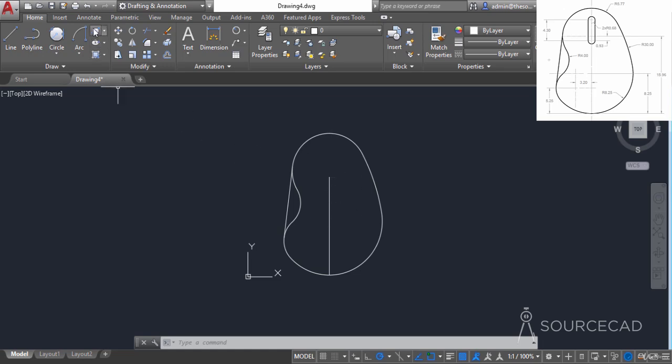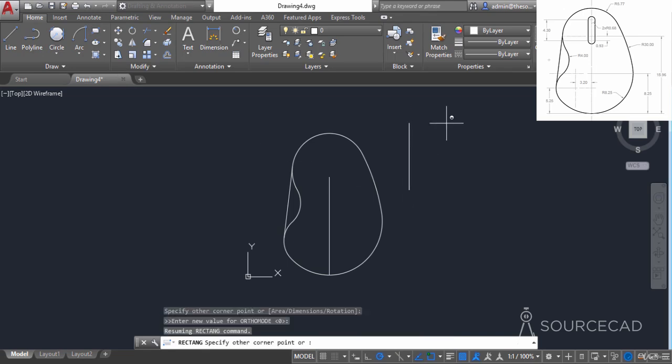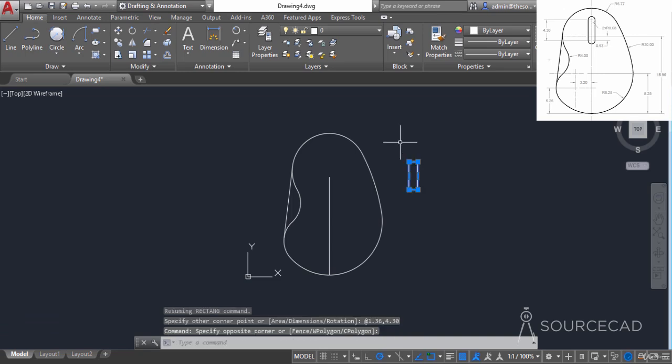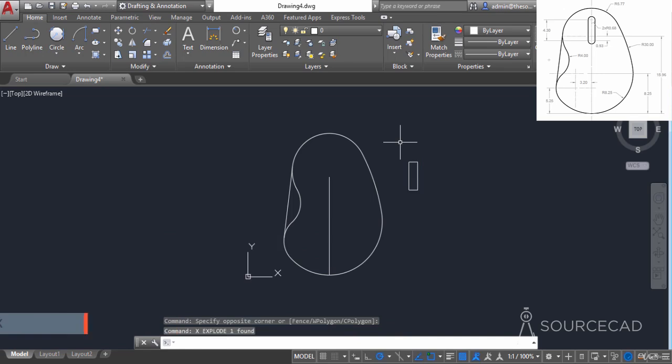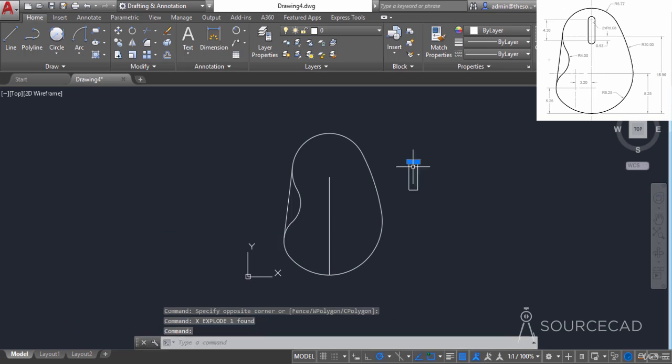Now I'll go to the rectangle tool, click anywhere and make the rectangle. So I'll type @. Now the length of this rectangle is 1.36 and the height is 4.30, and press enter. So there we have it. Now once again I'll select it and explode it. So X, enter, it will just explode it like this, and I'll get rid of this line